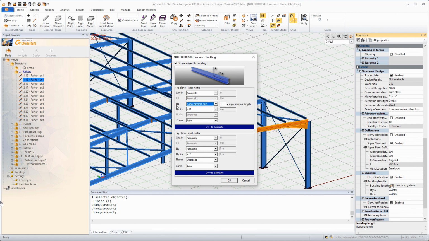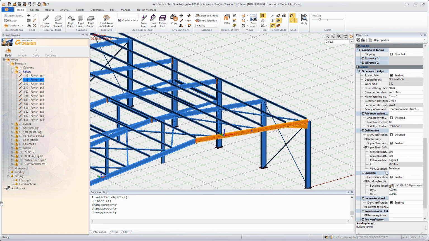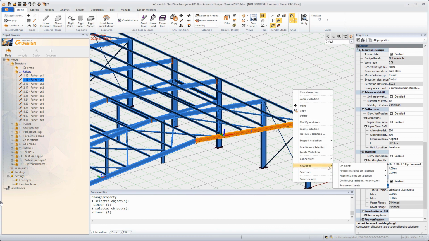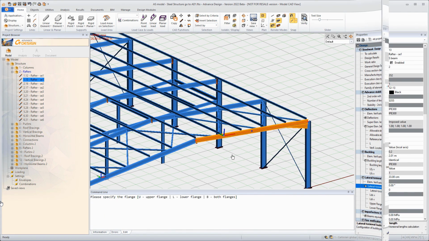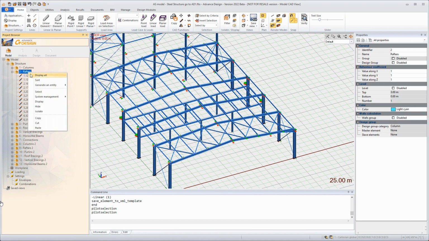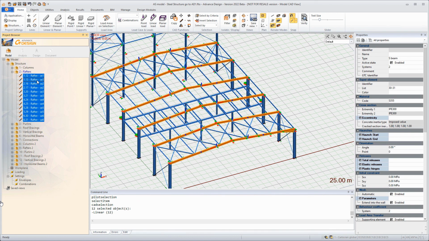You can save those settings inside a template, and once the property template is saved, you can propagate it very fast to a selection of several other elements inside your model. So here you see the lateral buckling definition that can be done as well graphically on the view.